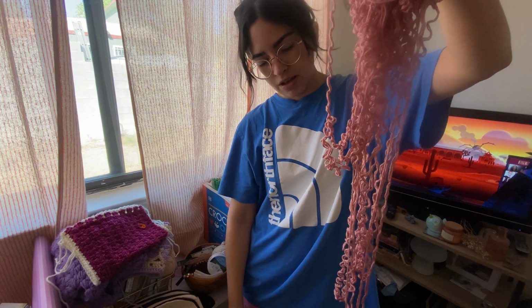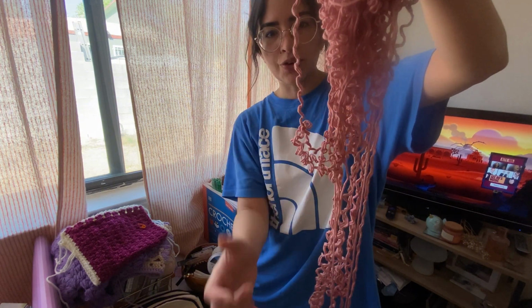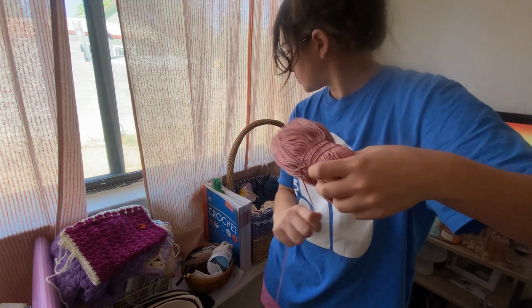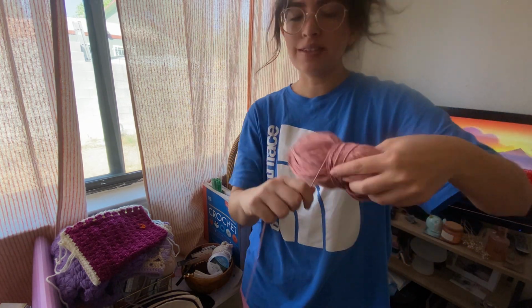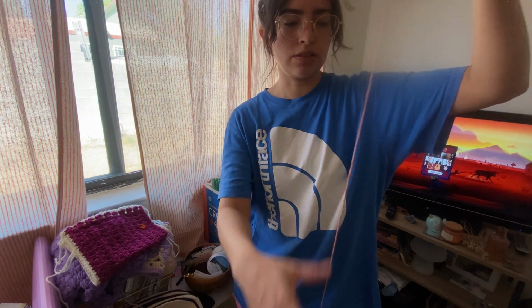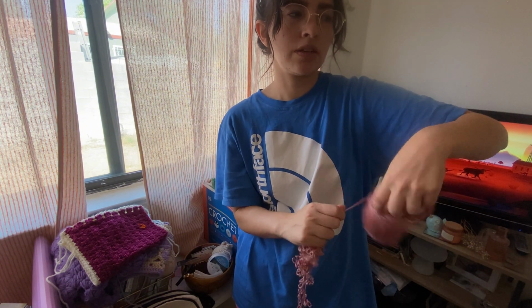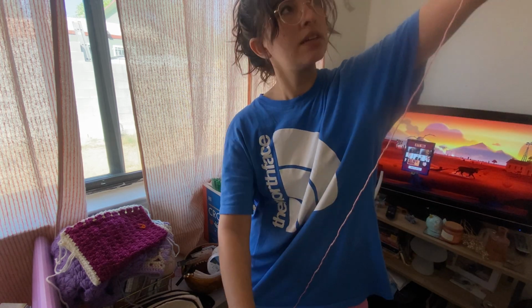Just do a knit 1 round, purl 1 round, and unravel it, and there you go. It's nice and bouncy. Cool. I wish I remembered what yarn this is. I'll see. I might have put the tag in here somewhere or written it down. I try to be good about that, but I'm not always the best